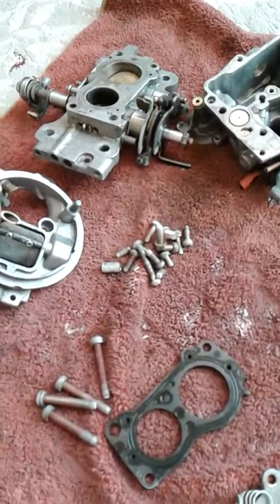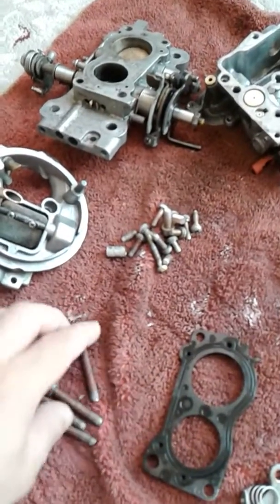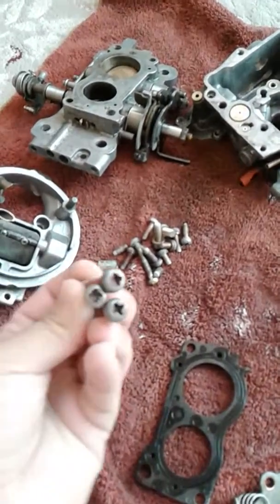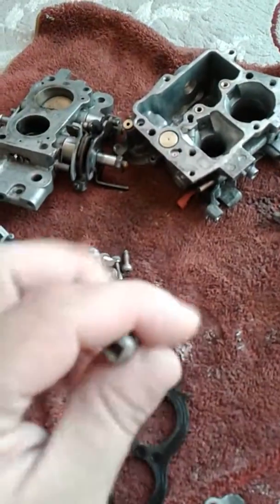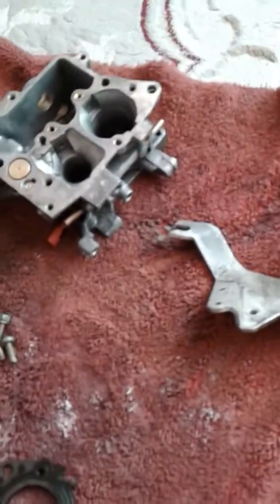I'm gonna go to the shop tonight to get some new screws because those screws are dead and not good, basically not good. And yes, this is